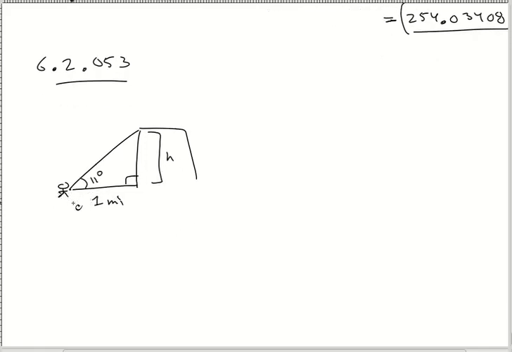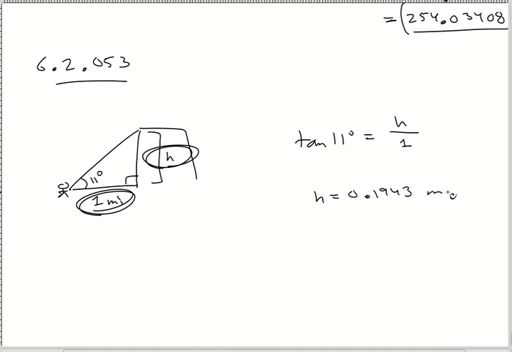So he's on the ground. He's looking up at the top of the building, and it's an angle of 11 degrees from the ground, and he's one mile away. I'm thinking it's a pretty tall building, but we'll see. Notice that my triangle has an opposite and an adjacent. Okay, so what uses opposite and adjacent? Again, it's tangent. Tangent of 11 degrees is opposite over adjacent. That's 1 mile. Well, you don't need to divide by 1, so just go and find this in the calculator, I suppose. So h is equal to